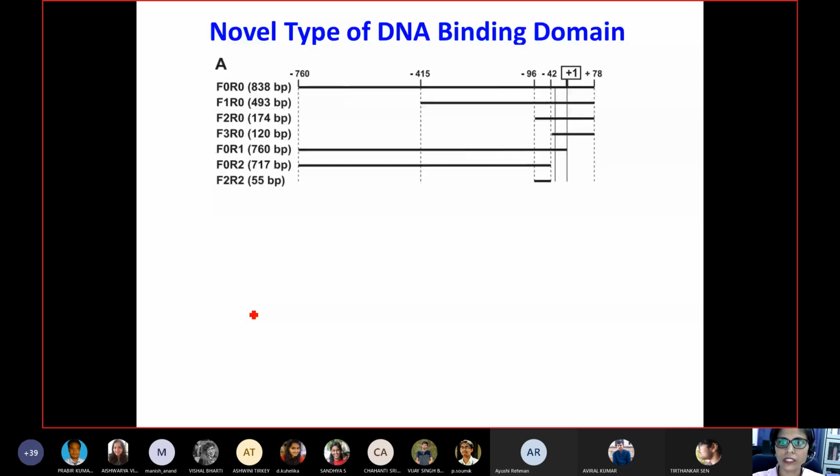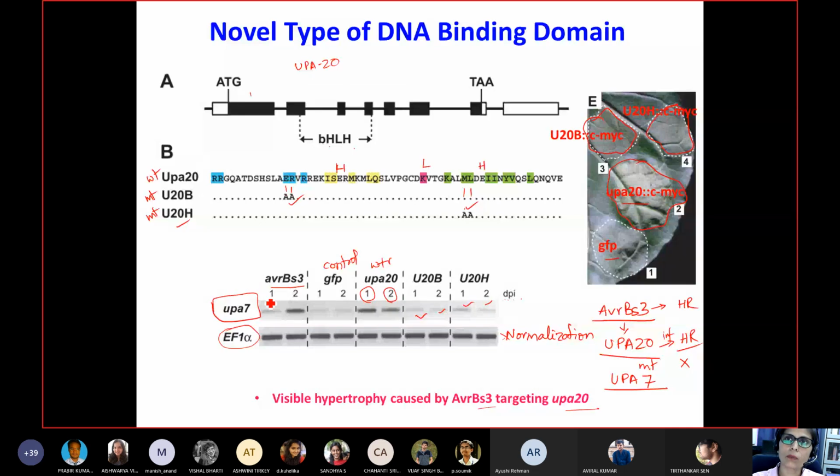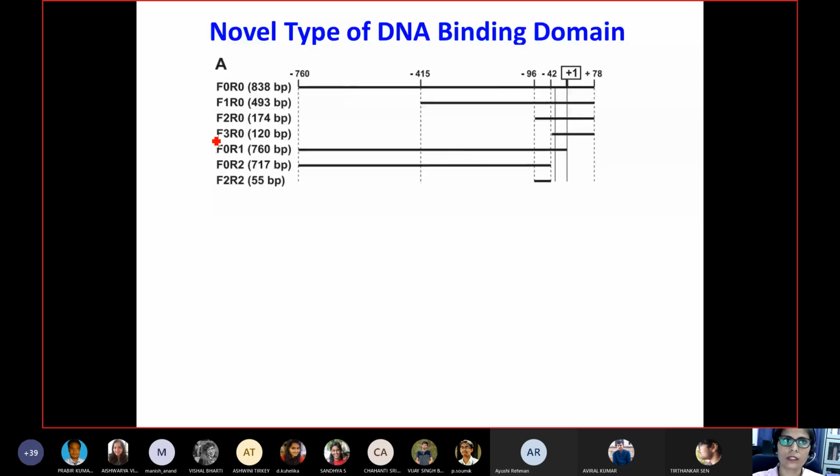Now, after this, they were able to see what are the prominent promoter regions of the AVR-BS3. As I mentioned earlier, for promoter regions you do deletion assays, and you also take this to a reporter system. In this kind of system, you have a Gus reporter and then you have the promoter region upstream of this. If Gus is expressed, that means if blue is present, your promoter region is present. If the blue signal is not coming, that means your promoter region is absent.